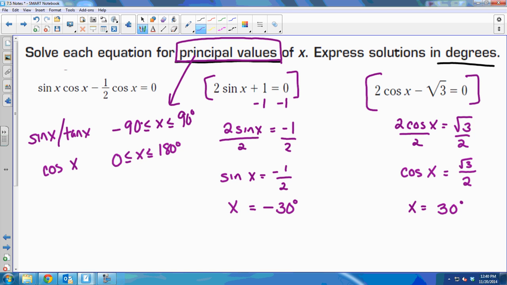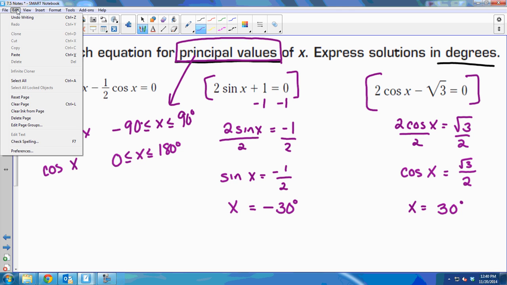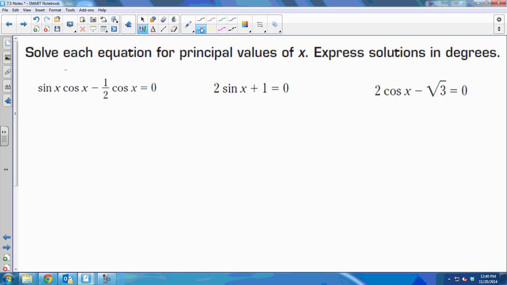Okay, can I erase what I have so far? Why did you put negative 30? Because it's negative 1/2. All right, so on the first one,